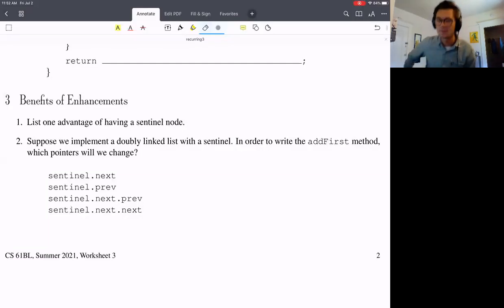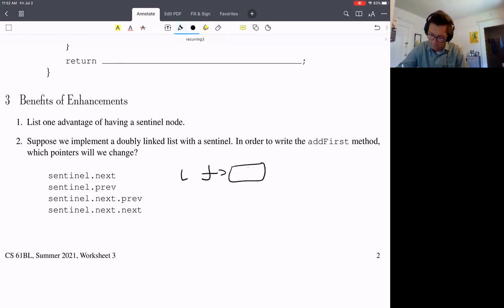Hello, the third and final part of this video, where we're just going to talk a little bit about some of the reasons you would use a sentinel node. A sentinel node in general is a broader part of what we would call encapsulation of a linked list. What we mean by that is when we create a linked list out of, for example, IntLists, let's say we have one called L that has some elements like 1, 2, 3,